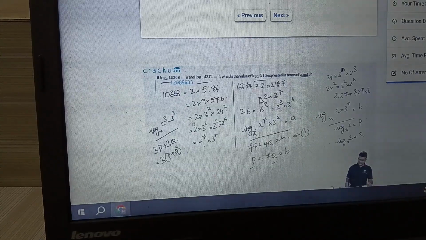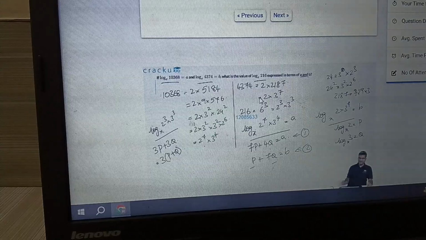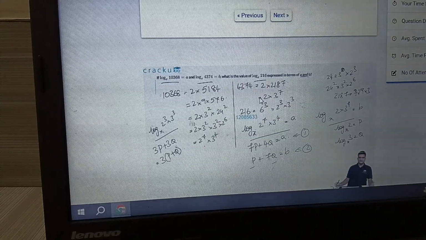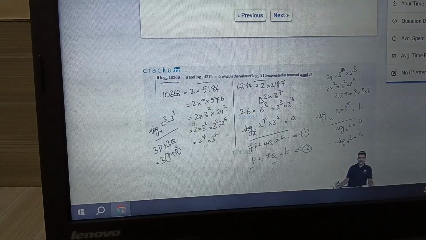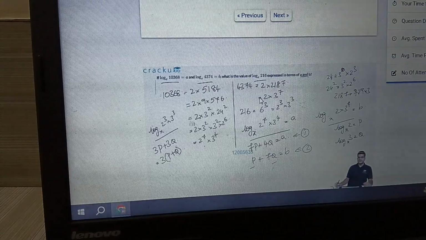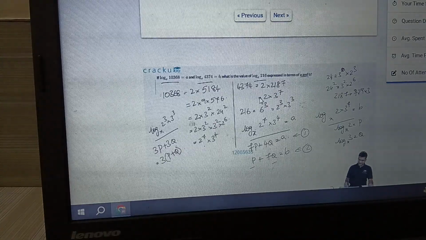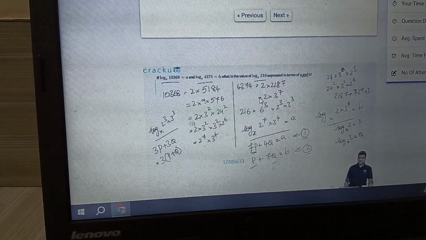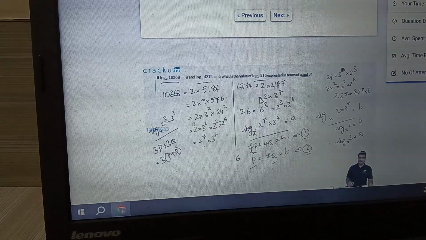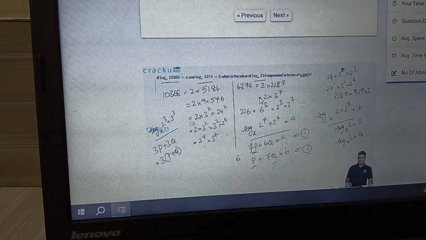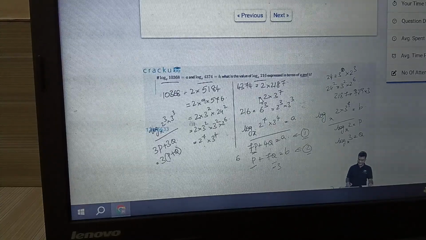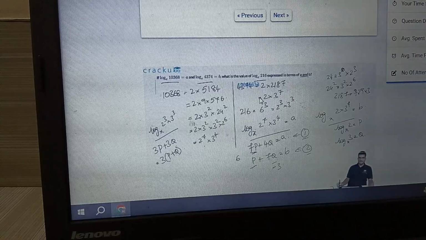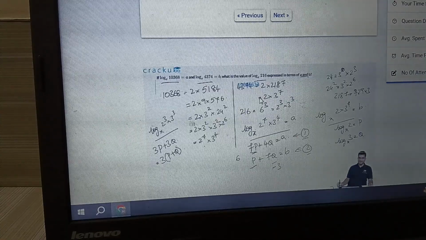There are multiple ways in which you can do it. You are given two equations and you have two unknowns, so you can calculate the value of p in terms of a and b. You can calculate the value of q in terms of a and b. But the simplest way to do it is, if you are looking at both the equations, the difference between the coefficient of p is 6, that is 7 minus 1, and the difference between the coefficient of q is minus 3. So essentially, because the ratio of the difference is 2:1, we will multiply